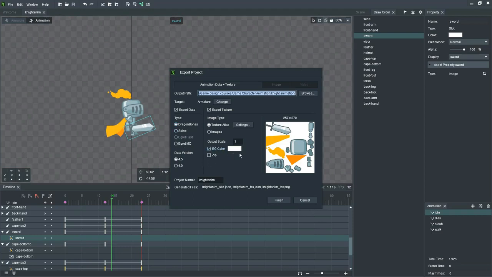You can zip it, you can give a background color, you can give an output scale. If it's 1, that means 100%. If it's lower, that means the character is going to be exported in a smaller size. Why it is good for us: if you work in big size, you can downscale it for different devices. And that's very good. You made the animation and the drawings and everything once, and you export it and downscale